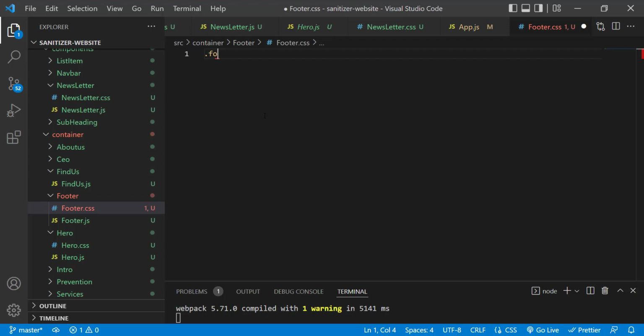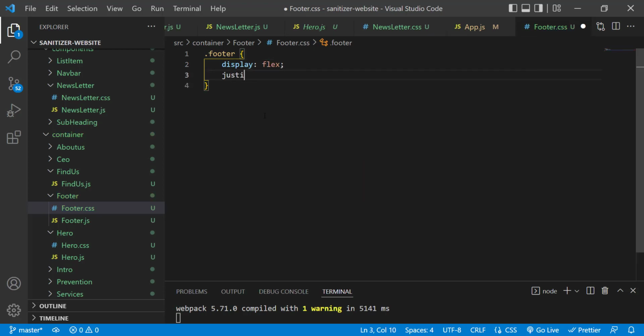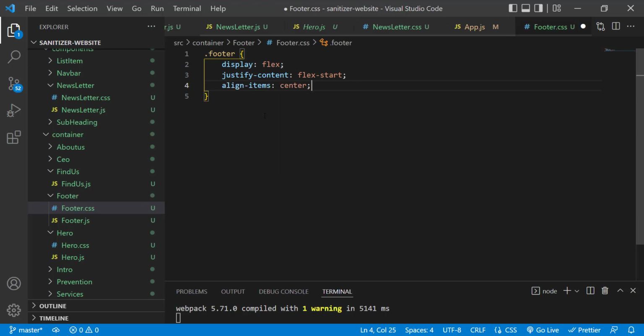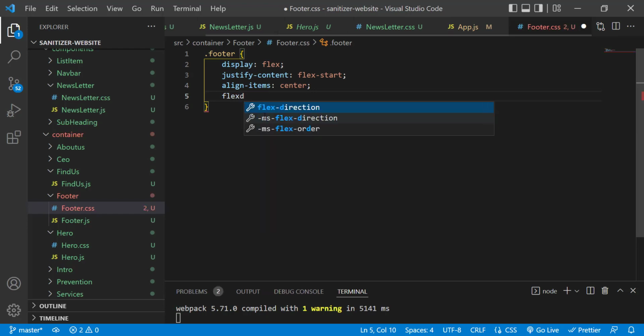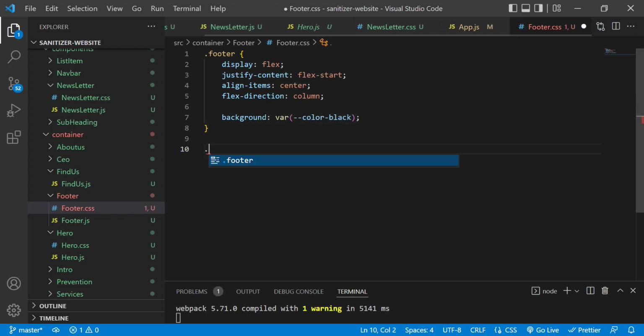Let's say .footer { display: flex; justify-content: flex-start; align-items: center; flex-direction: column; and finally background: var(--color-black). Below that let's target the footer links class, so .footer-links {